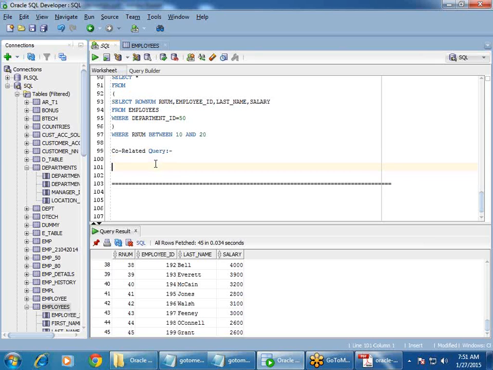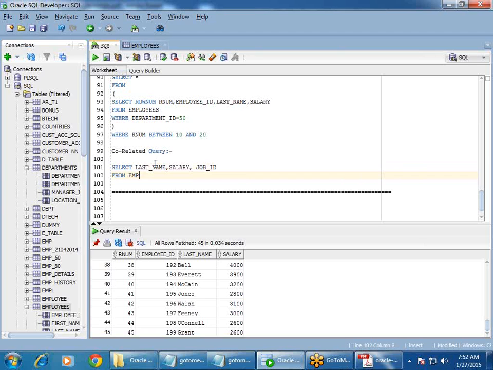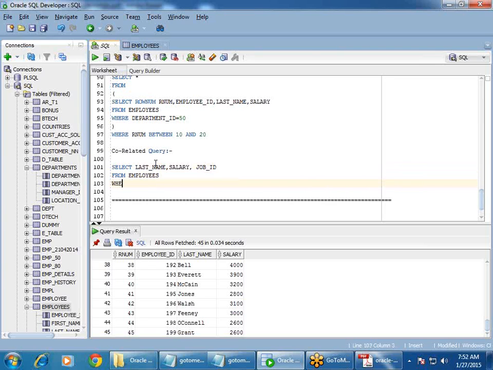So how do you get that? Or the fourth highest salaried employee. I want to retrieve all the employees who have a salary. So how do you use the condition? So select last name, comma salary, job ID from employees where I want to get the third highest salary from this. So where 3 equals this, and I'm going to alias it as M. This is called the main query, and I'm going to write a subquery here. So select count of salary